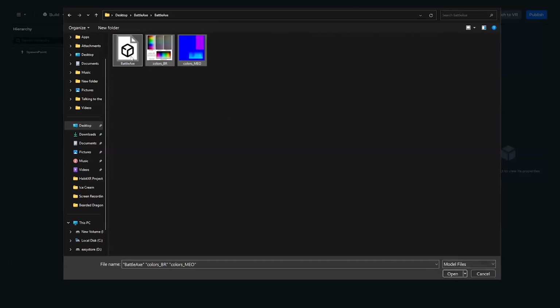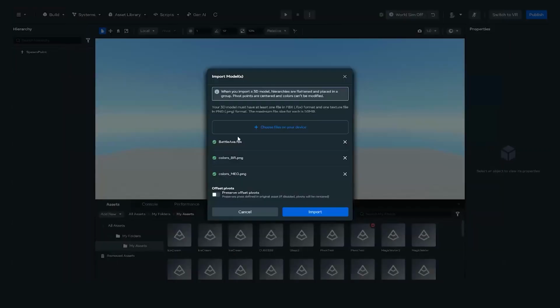So you have your FBX, your BR, and your MEO. The MEO gives us the extra materials like emissive, metalness, ambient occlusion. But we'll learn more about that later on. So I'm going to click on open. And then once we're done with that, we're going to press import.